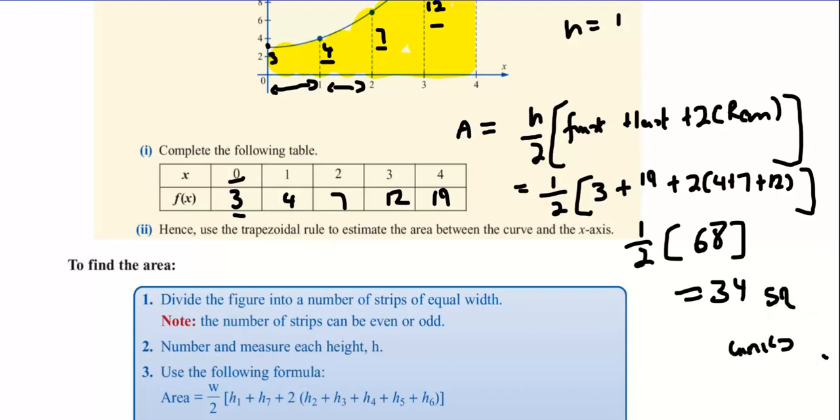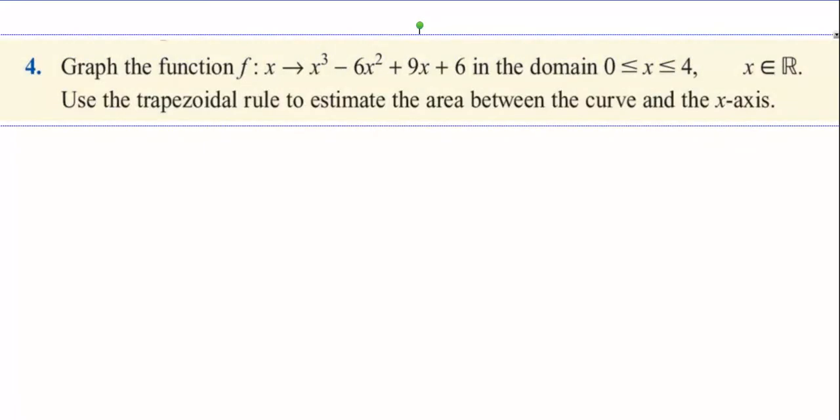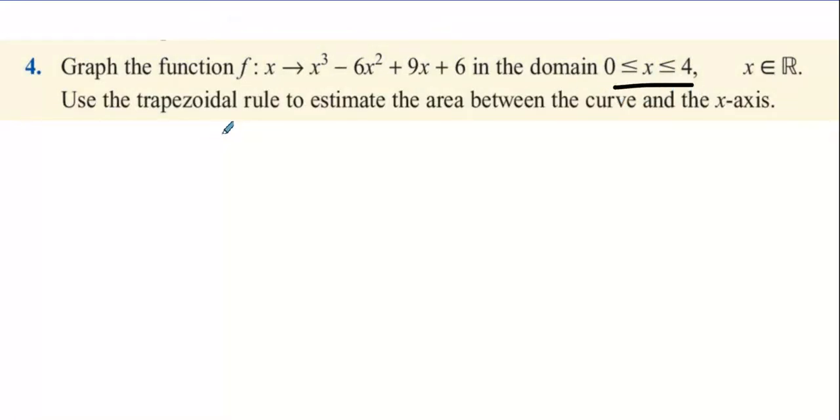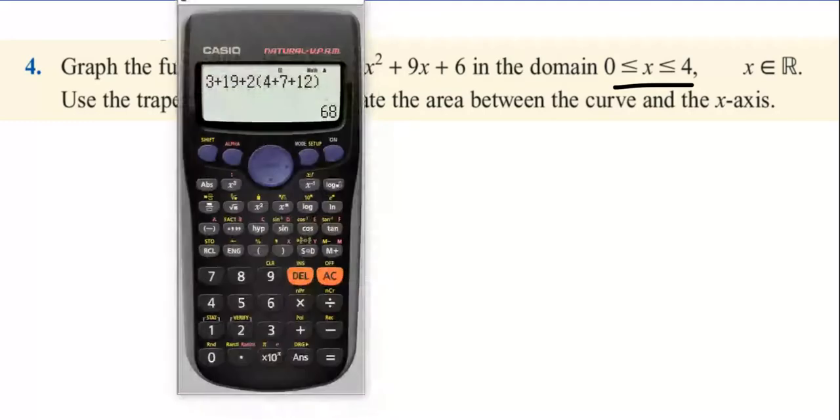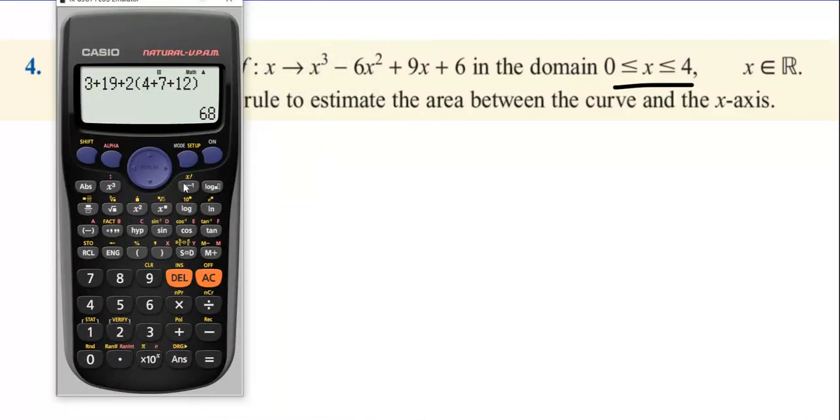Okay, now we're going to move on to question 4. Graph the following function in the domain 0 to 4, and then use the trapezoidal rule to estimate the area between the curve and the axis. I'm going to use GeoGebra to graph this, but in your calculator, you go for mode, table function, you enter your x cubed, minus your 6x squared, then plus your 9x,